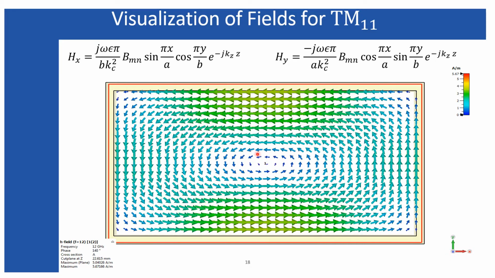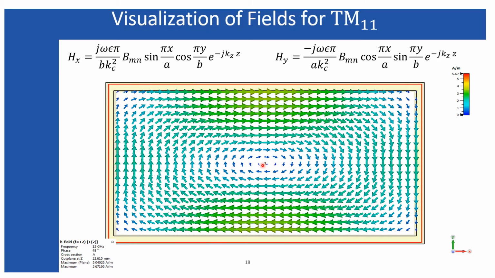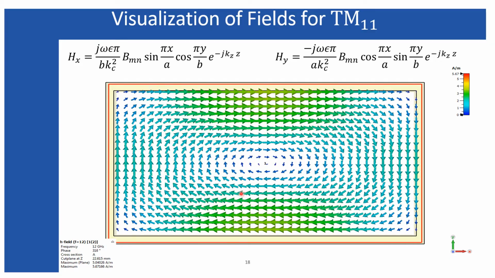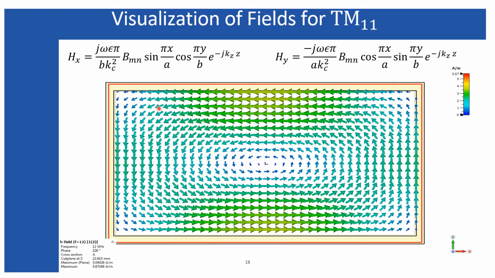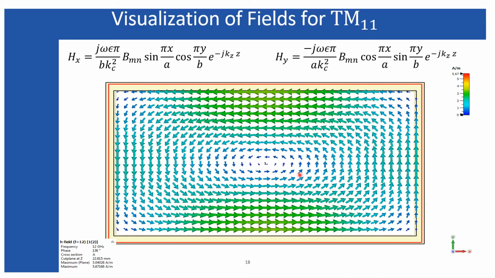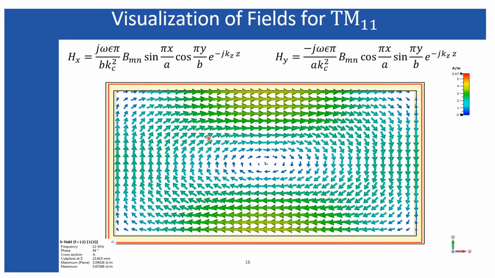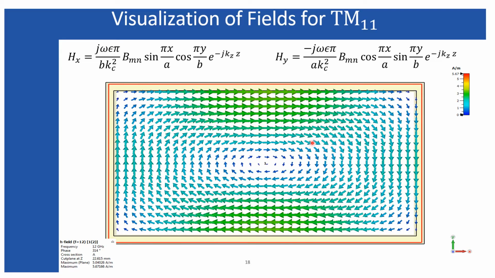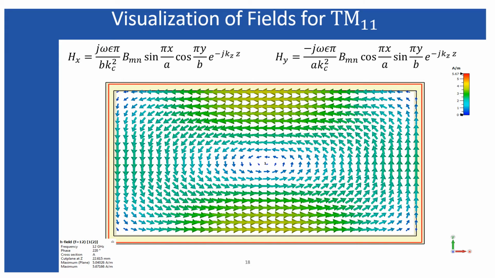So if the electric field is normal to this plane, that means towards you or from you, the magnetic field obviously should circulate around those electric fields, and that is why those magnetic fields, which are defined by Hx and Hy, are appearing on the xy plane in a circulating manner. So when the electric field is directing towards you, the circulation is counterclockwise, that is positive, and when the electric field is directing from you, the circulation is opposite. That is why you are observing such kind of animations for the magnetic field.